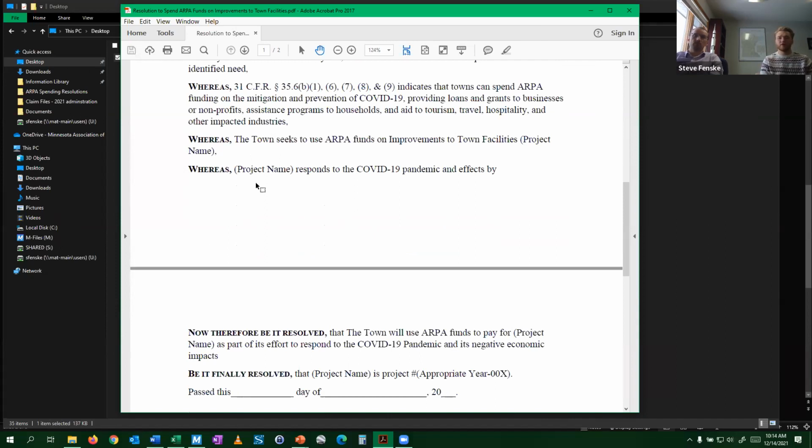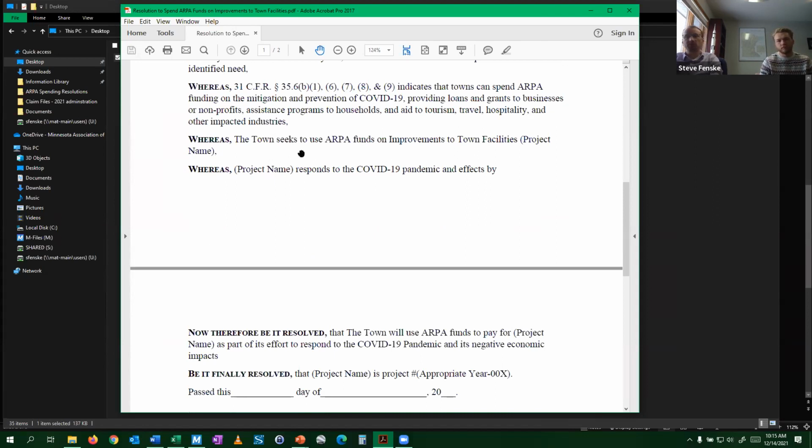So you're improving town facilities. This could be adding in an ADA ramp. If you're going to use it as your election place, one of the things you may want to do is improve your election capabilities. That could be a ramp. It could be a second ramp if you're trying to create one-way flows of traffic. It could be improvements that allow for distancing for people, if you have multiple people working in that environment.